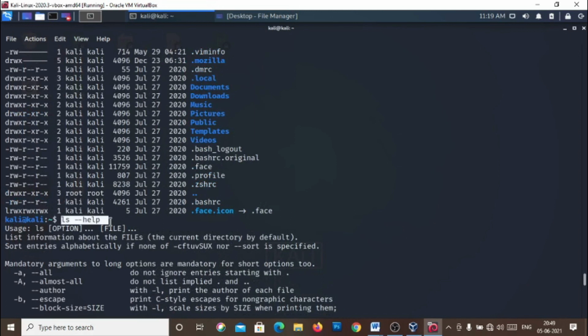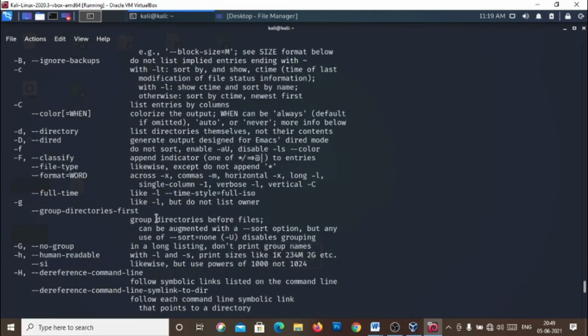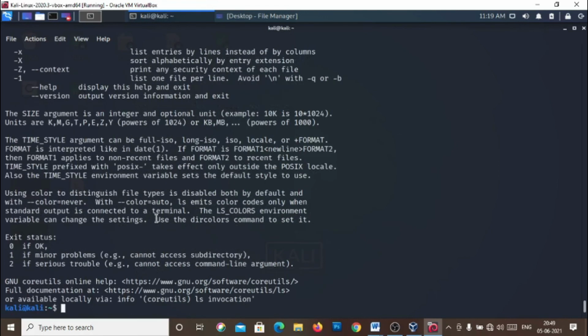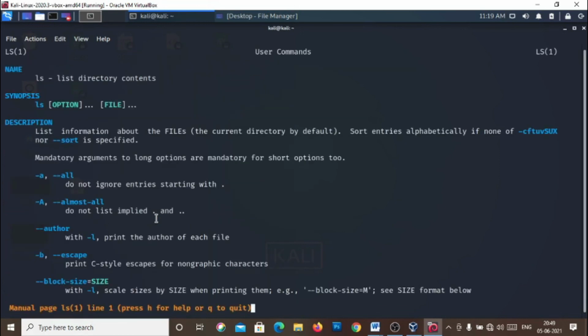And if you forget any command or you are not sure about what to do, you use the help command, and one more command used for help is man space ls. The man command is used to show the manuals of specific commands. Man space ls and press enter.